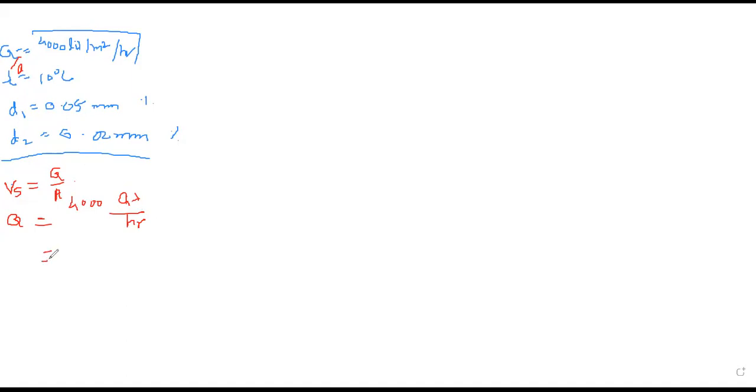Okay, I will convert this value into meter cube per second. How to convert it? Who will tell me? So given value of Q, that is discharge, is 4000 liter per hour. Now I'm asking you how to convert it into meter cube per second. Simple. Someone can tell me, please. Who will tell me?